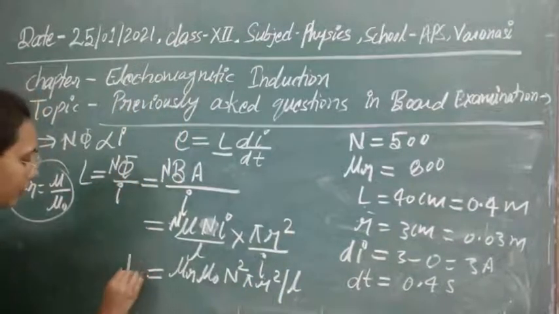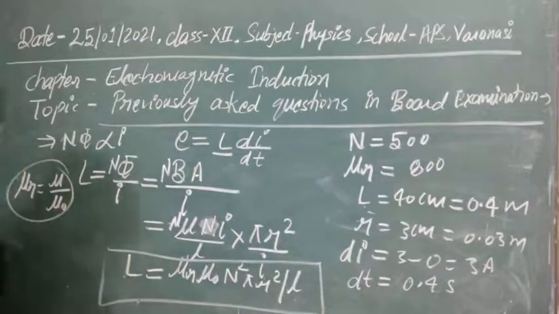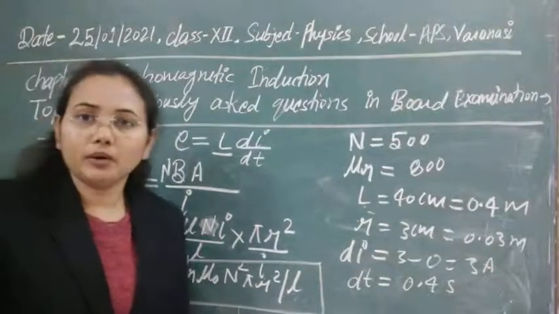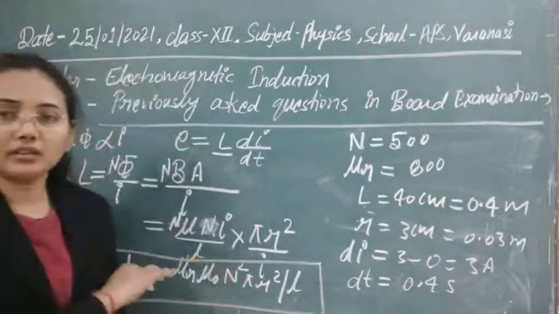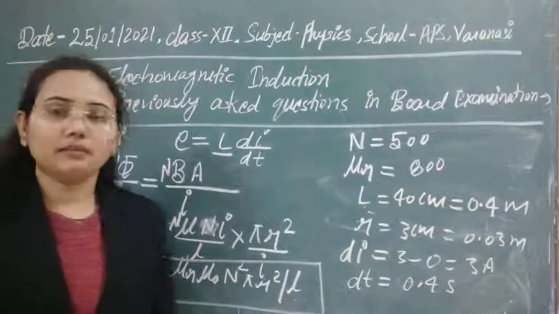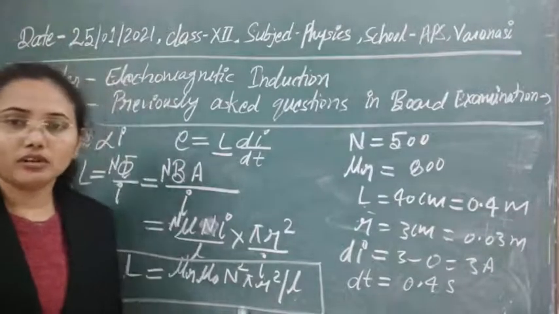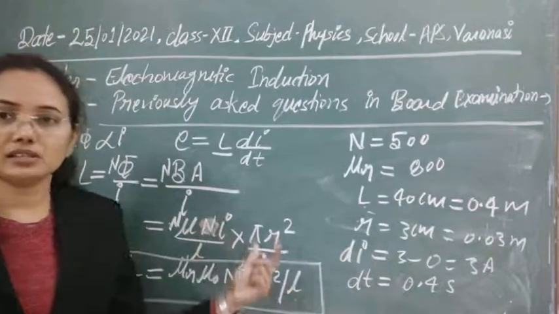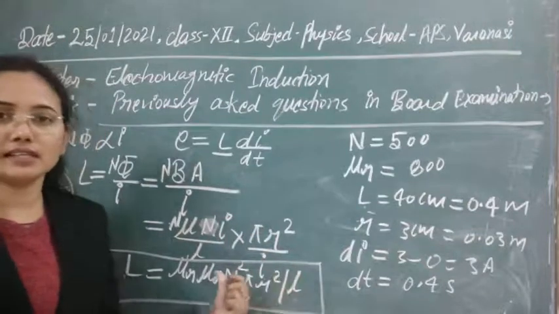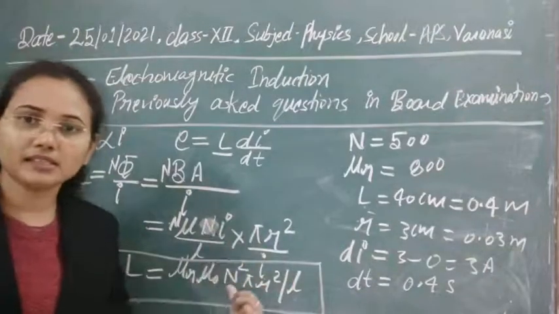So this is the formula to calculate the self-inductance of the coil in the case of a solenoid, and this formula is very important. Sometimes it is asked in questions to derive this formula, or to derive the formula for self-inductance or mutual inductance in any solenoid. For mutual inductance we have already seen that case, but the self-inductance case I have just told you with the help of this numerical also. So I think now that is clear.